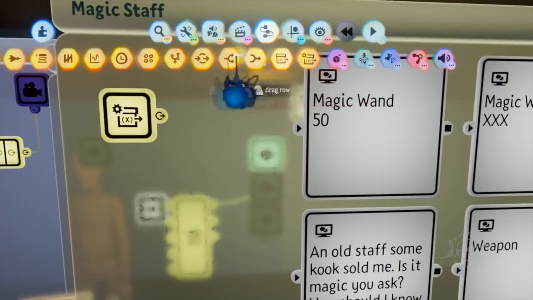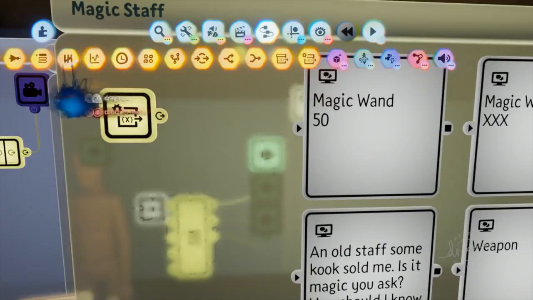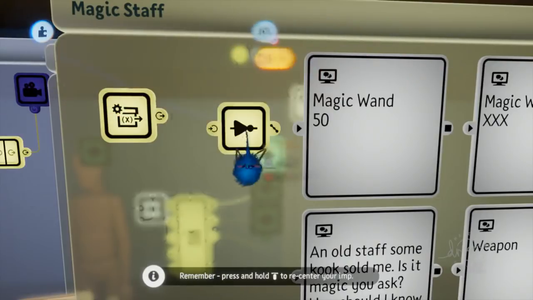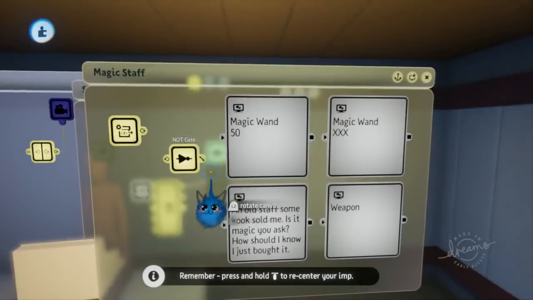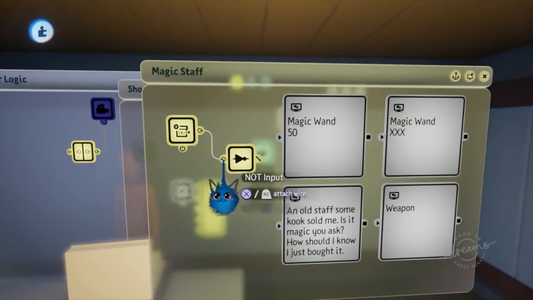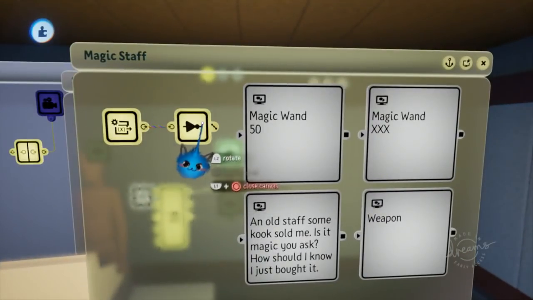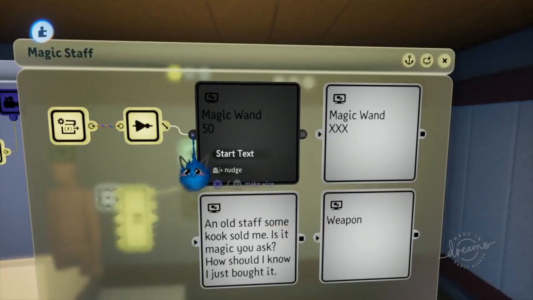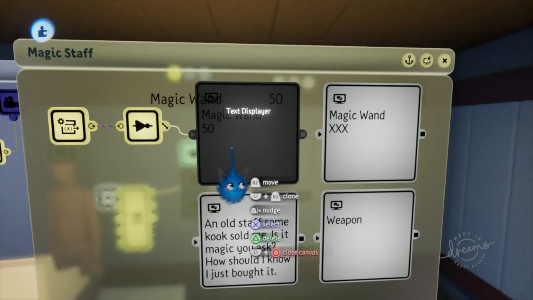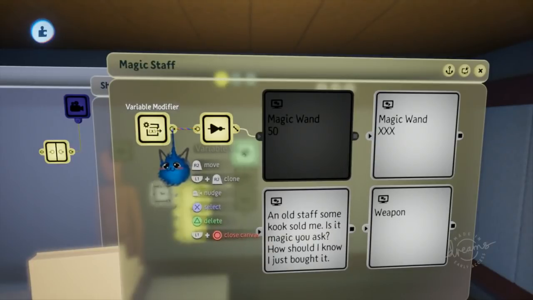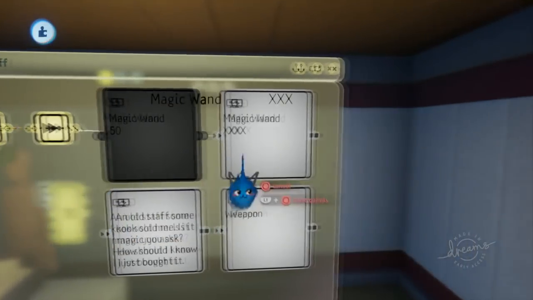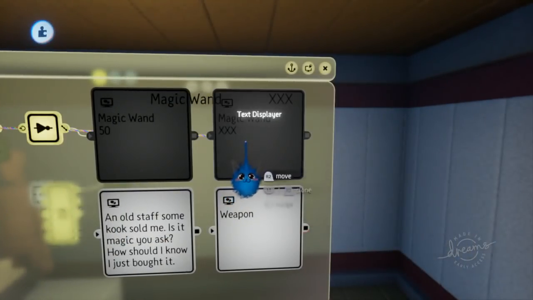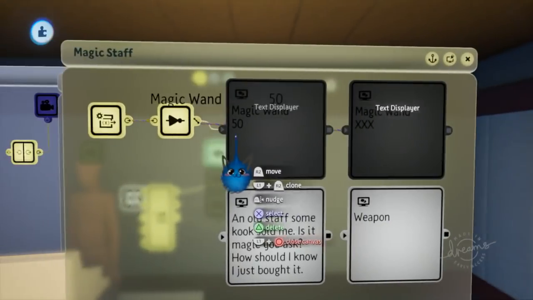And we're going to go ahead and make a not gate. And that's going to hook up in here. The not gate's going to go into the start text of the magic wand 50. And then the variable modifier is also going to plug into the second option, which is magic wand XXX, because